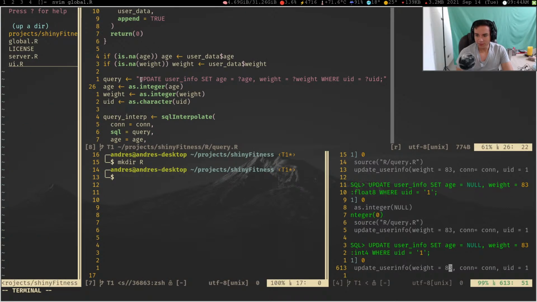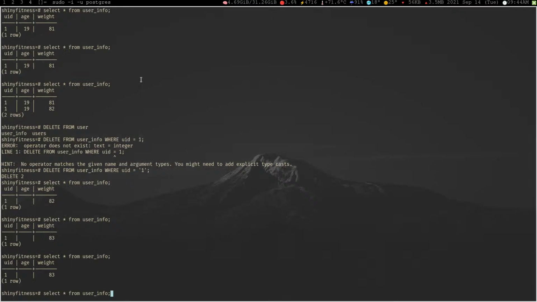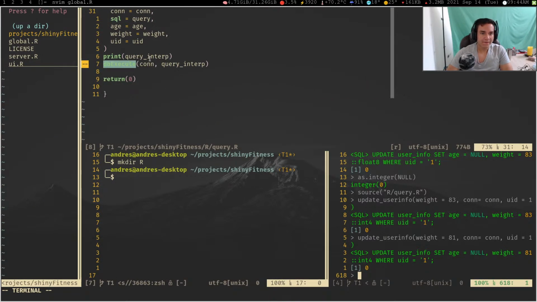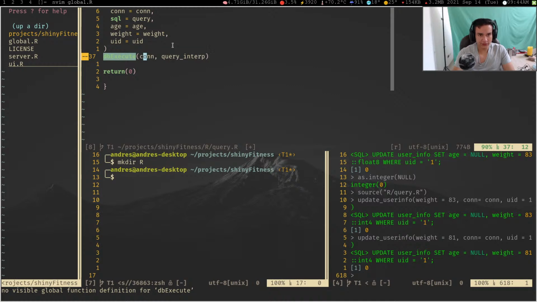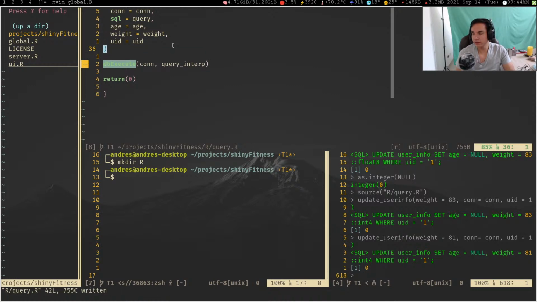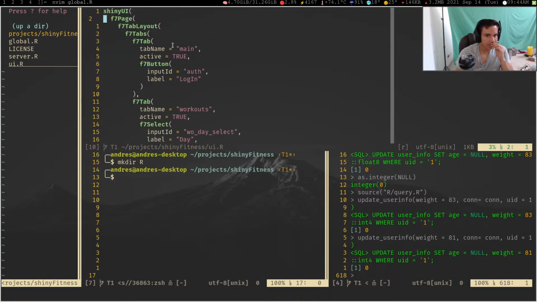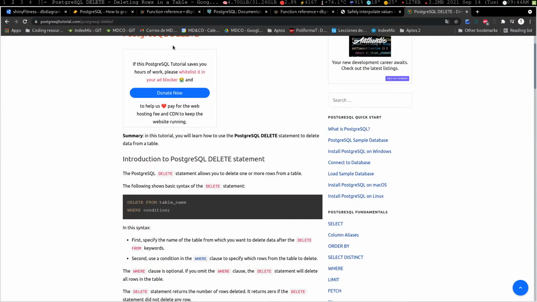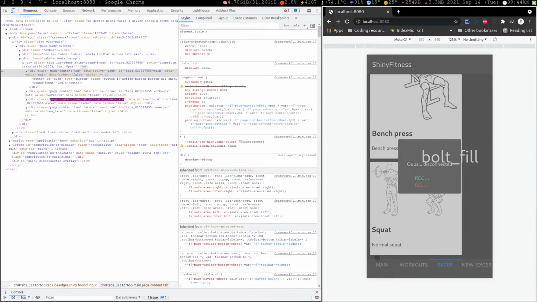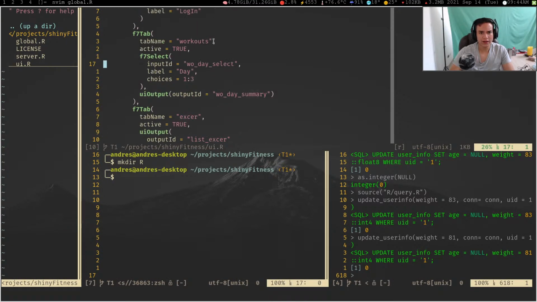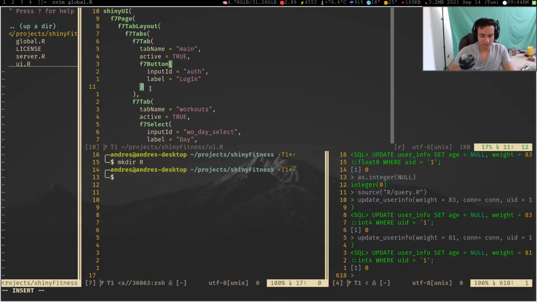So if I set my weight back to 81, there you go, my weight is back to 81. Cool. So now I have my function that updates my user's info, and now I can implement this into my UI pretty easily. So here in my UI, I have my main, and for now I'm just gonna put it on my main, right? So here in UI, on my main, below this button, I would add